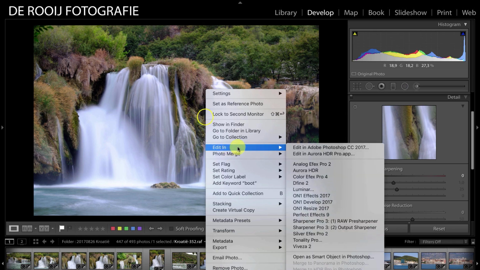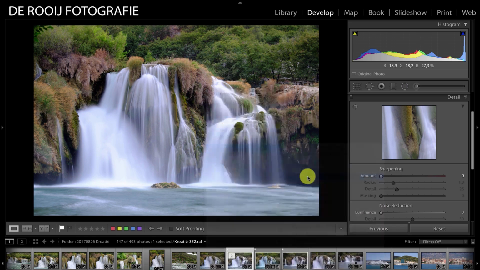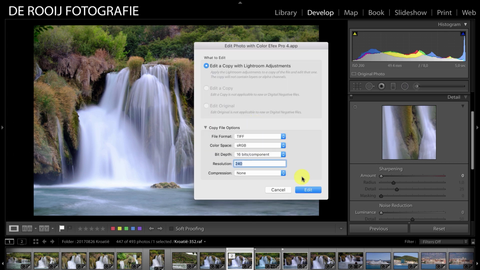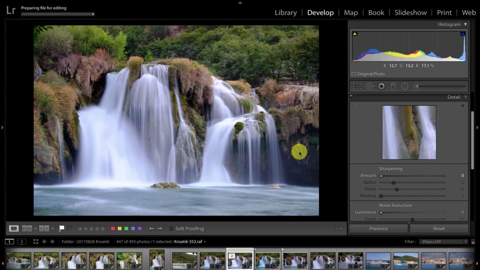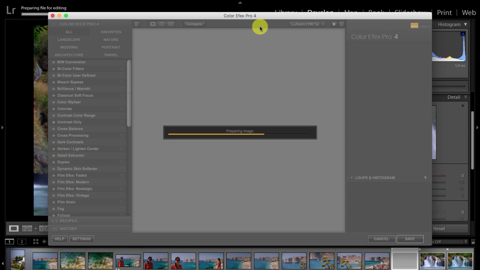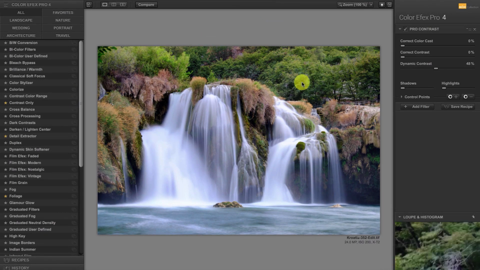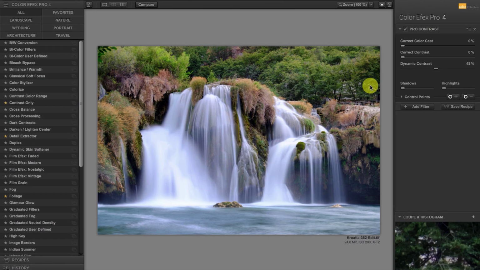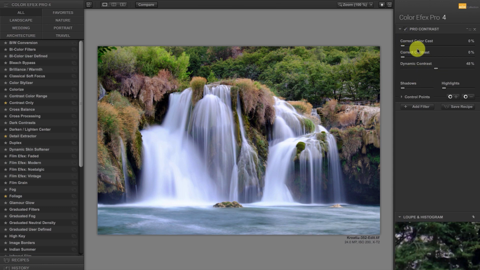So first I go to Color Efex Pro, and unfortunately they don't develop Color Efex Pro and the other plugins of the Nik Collection anymore, but I'm still using it, mainly because of the Pro Contrast filter. I think it's a very powerful filter of Color Efex Pro, and I really hope Color Efex Pro is going to work the upcoming years also, but that really depends on Adobe if they want to support those plugins or not. What I'm gonna do here is I'm gonna use mainly the dynamic contrast,